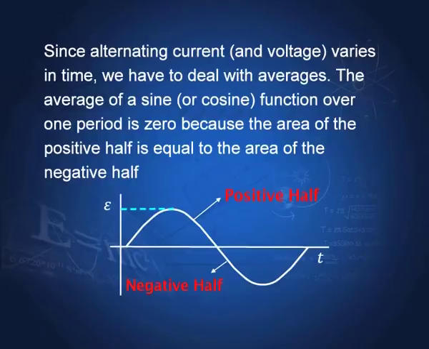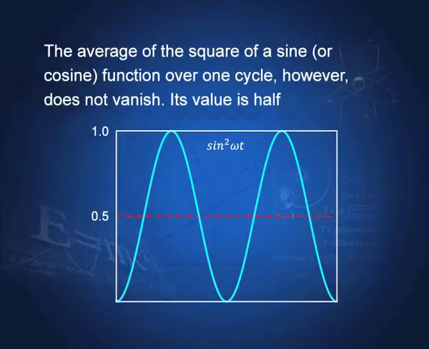Now, this is the alternating current I have been showing you, and since it varies in time, what happens? This is a sine curve, therefore the average is 0. The area of this half cancels with this half, so the average is 0. So, we can't deal with currents or voltages varying like this. What we have to do is to square them. Instead of sin omega t, we have sin square omega t, and sin square omega t has the average 0.5. You see, this plus this area is equal to this plus this area. So, the average of sin square omega t is half.